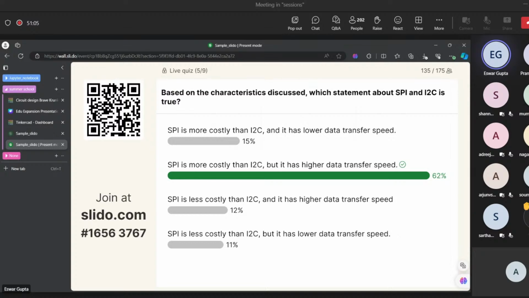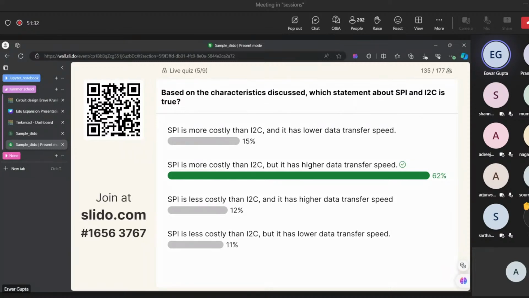Whereas I2C has only one single bus, both for transferring data from master to slave and receiving data from slave to master. There is only a single way. So what effectively happens? There will be some clash, right? It needs to wait for some time until the data is transferred. So naturally, you can say that I2C has a slightly lower transfer speed than SPI.